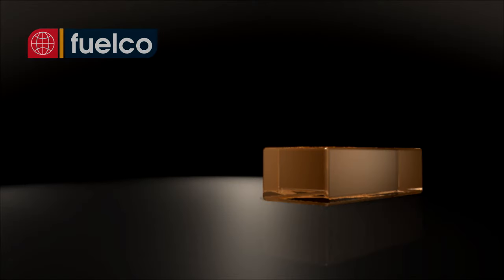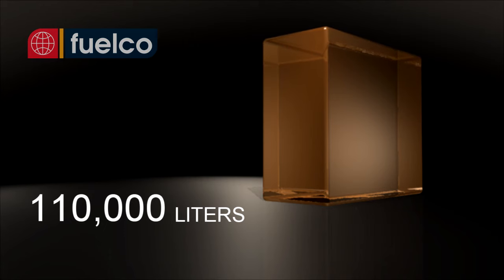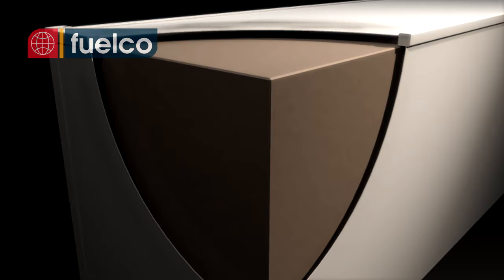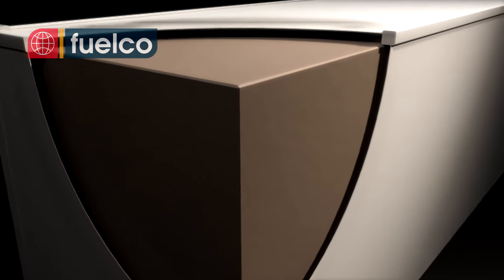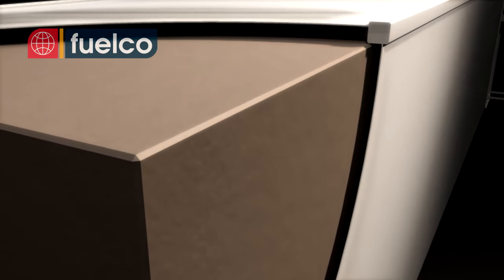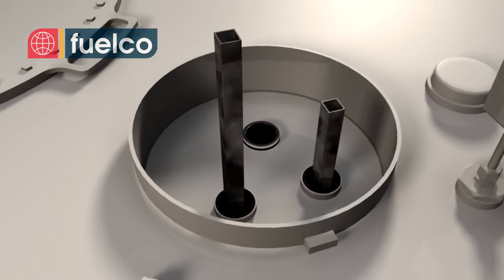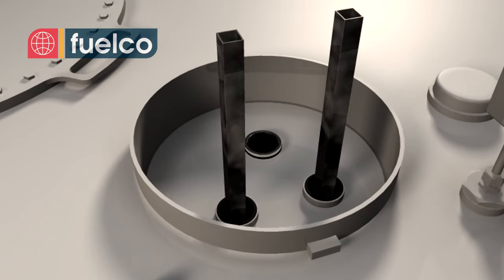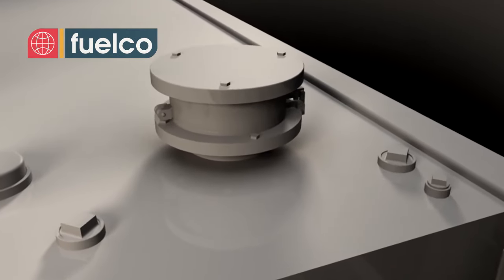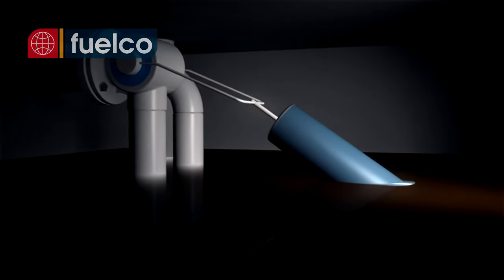The tanks have gross capacities ranging from 11,500 up to 110,000 liters. The Fuelco self-bunded tanks are supplied with an interstitial space that creates a secondary containment between the primary and the secondary tank, a calibrated anodized dipstick that measures the level of the liquids, a dipstick to check for leaks within the interstitial space, an emergency vent in case of overpressurization of the tanks, a mechanical overfill valve for shutting off